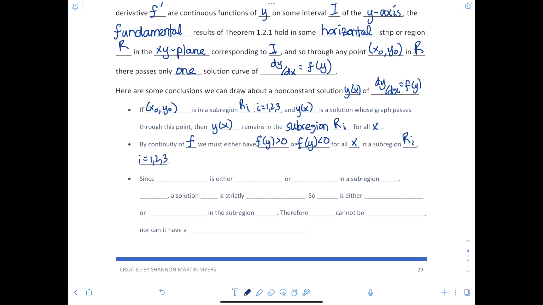Since dy/dx equal to f at y at x is either positive or negative,